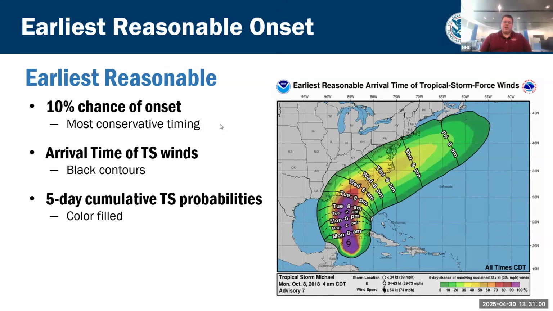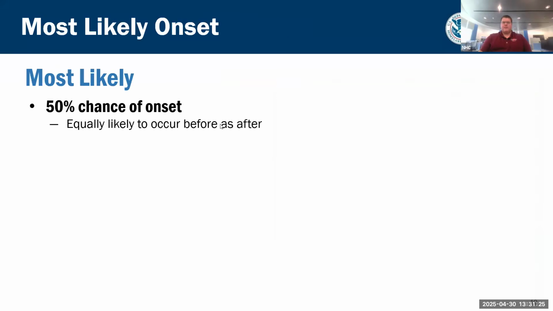And then we also color fill it. So you get a combination of what John was talking about, the wind speed probability. So you get the percentage, for the Big Bend area, I'll just stay there, 70 to 90% in Florida. So you have a 70 to 90% chance of tropical storm force winds. And when's the earliest time I could see those? 8 p.m. on Tuesday. So you need completion of preparations to be done by that time.